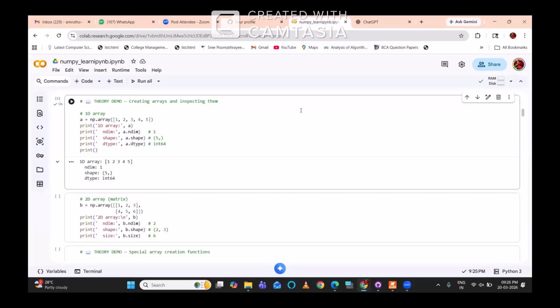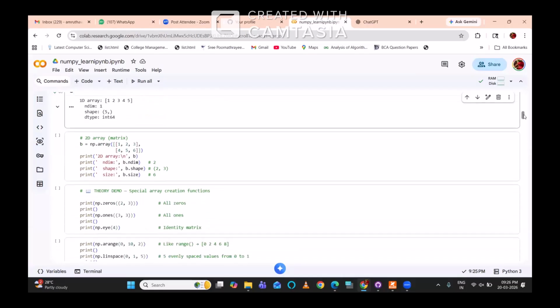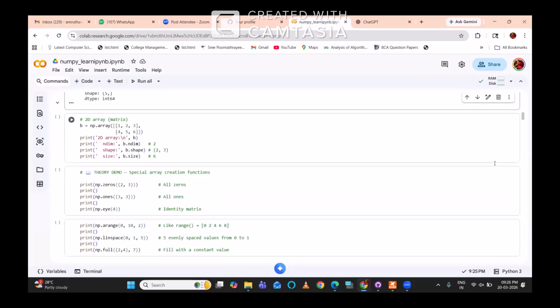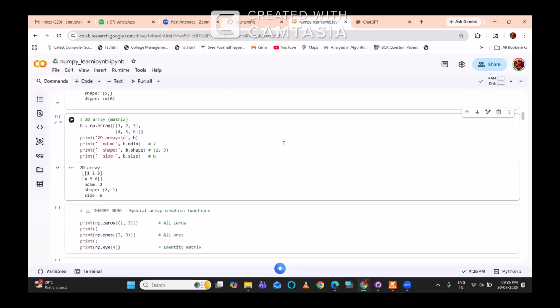Yes. And if you want to create a two-dimensional object, see the same example with a list of lists, but it is converted into a Numpy array. There you can see that ndim is equal to 2. Shape is 2, 3. That is 2 rows and 3 columns. And the size is 6. Can you run that part? Yeah. Hope it is clear for you, right?